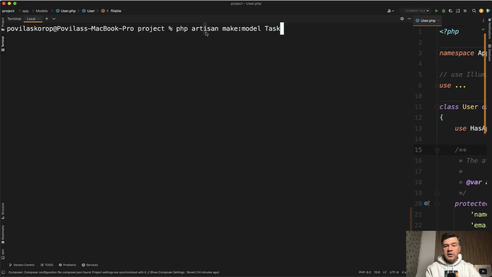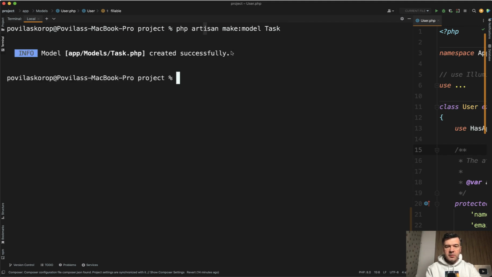Let's talk about singular versus plural in Eloquent models. So typically you have php artisan make:model and the model name should be singular, which means that Laravel by default will figure out what database table to work with, which would be plural, so pluralized from the model name. So if we do php artisan make:model Task, by default it assumes that it works with a database table